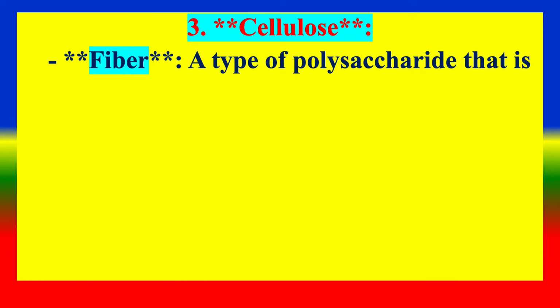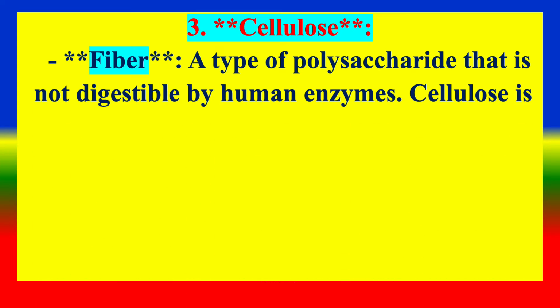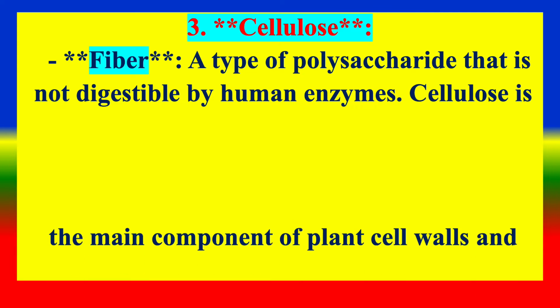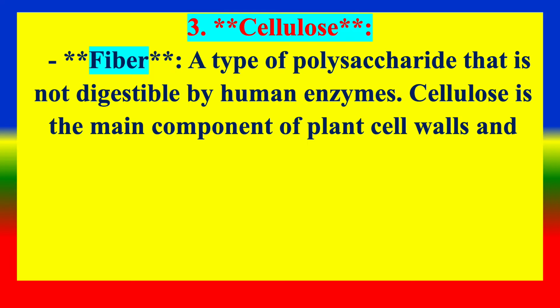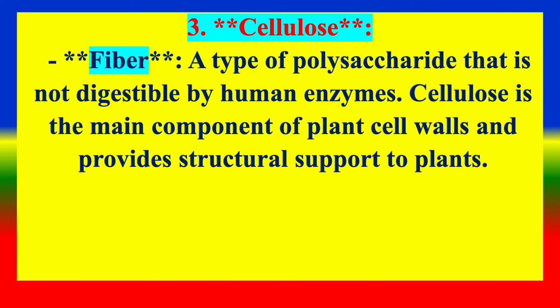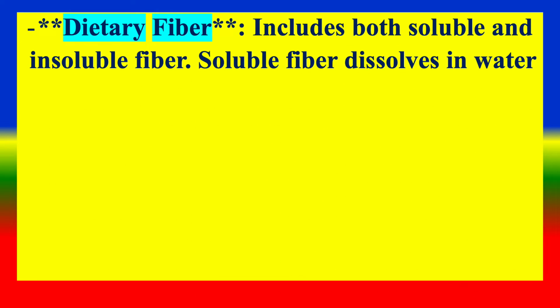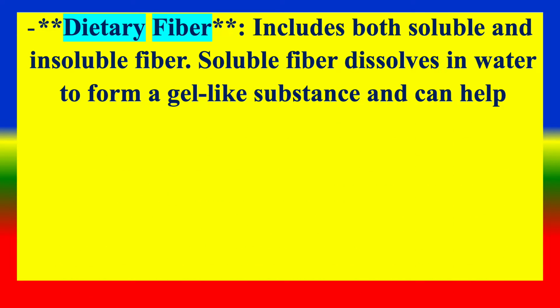Three, cellulose, fiber, a type of polysaccharide that is not digestible by human enzymes. Cellulose is the main component of plant cell walls and provides structural support to plants. Dietary fiber includes both soluble and insoluble fiber. Soluble fiber dissolves in water to form a gel-like substance